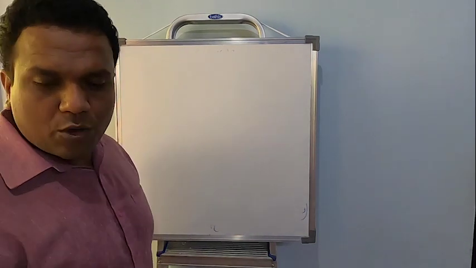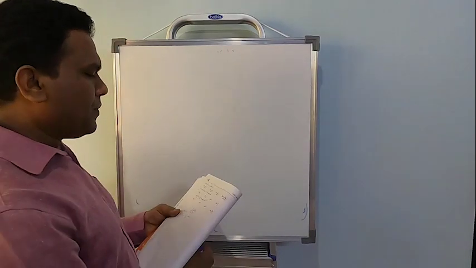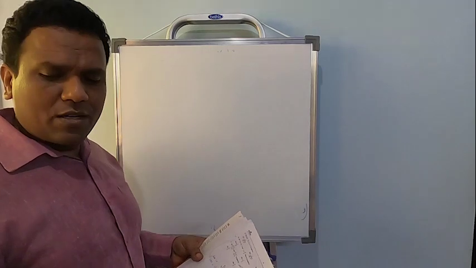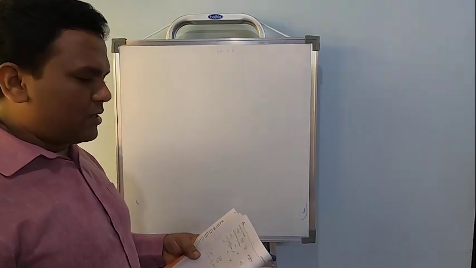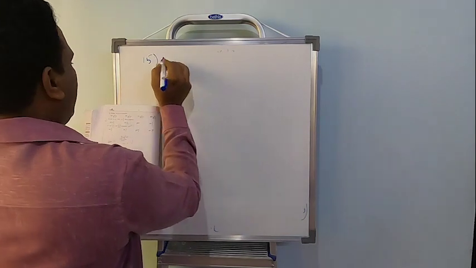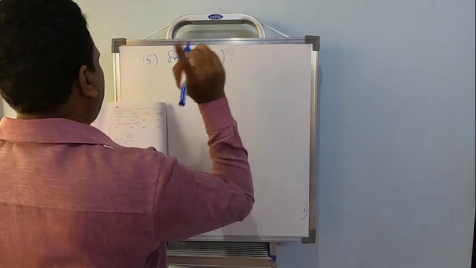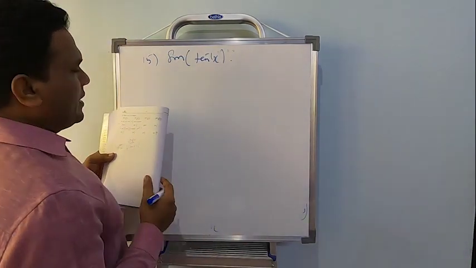Now let's go to the next problem, number 15. The last 3 are objective problems. We can solve it actually, it's not an issue, but it still suggests you press just check. It's okay, I will only solve. The 15th one: sine of tan inverse x. We need to find the value. What is it equal to? Just look at that. Sine of tan inverse x.